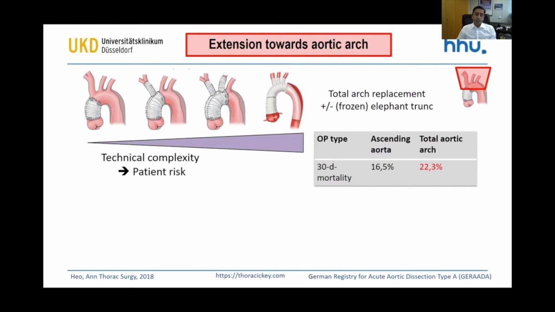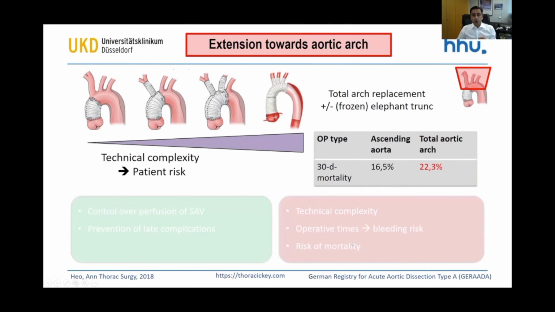And this is actually the case across all major registries, no matter whether in the European registries or also in the North American. This is just one result from one publication. This is a German registry on aortic dissections, and you can see the 30-day mortality increasing from 16.5 to 22.3% when we extend the operation towards the arch. So the question is,